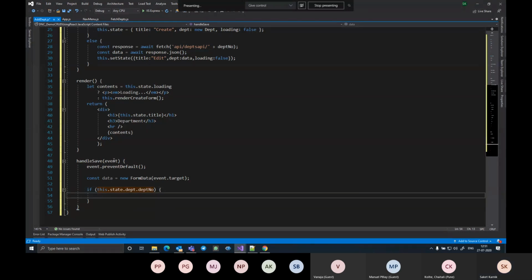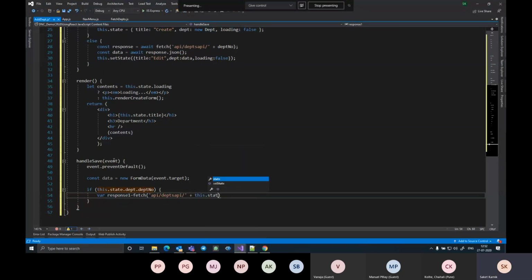So I say var response 1 equals to fetch what from where I want to fetch. It is API slash departments API slash, it's an edit request, so slash plus